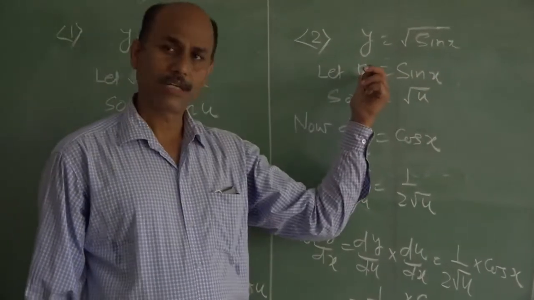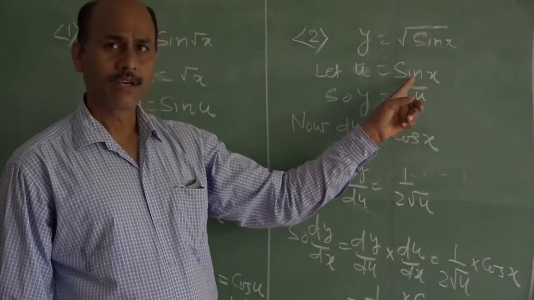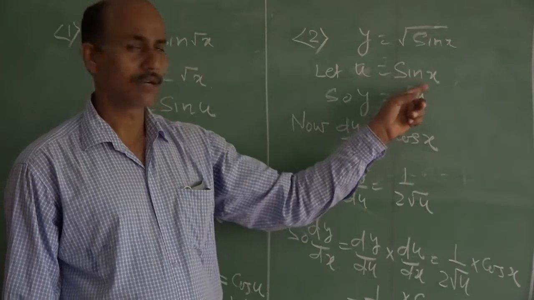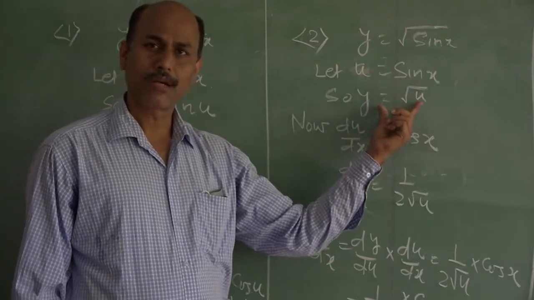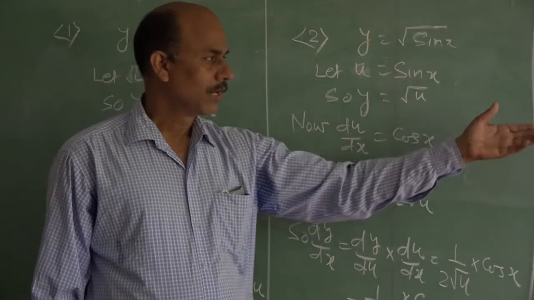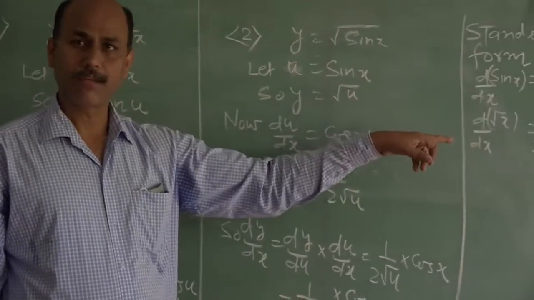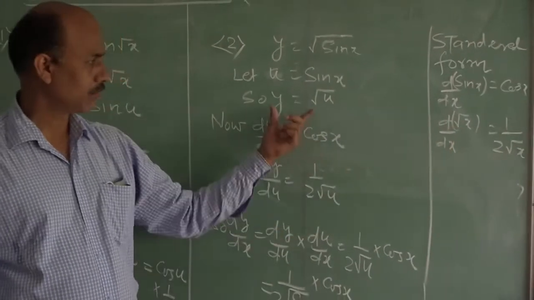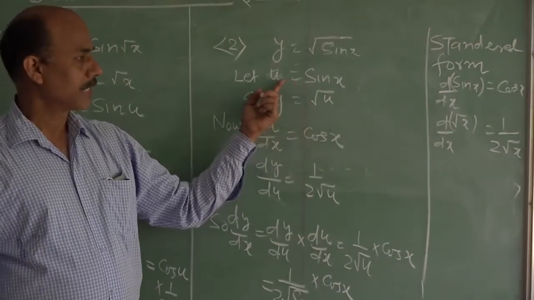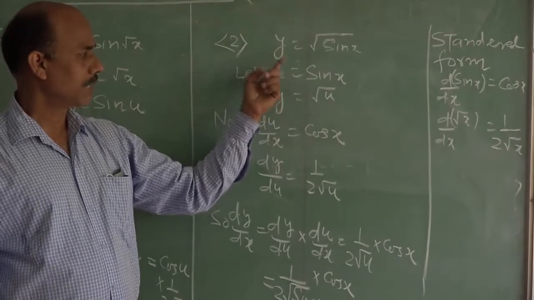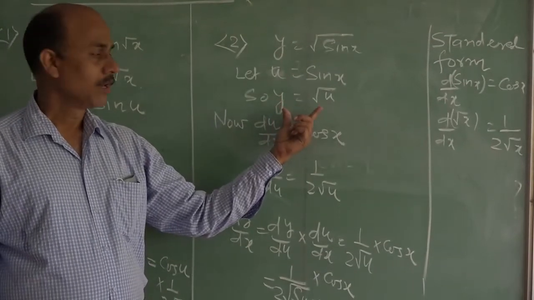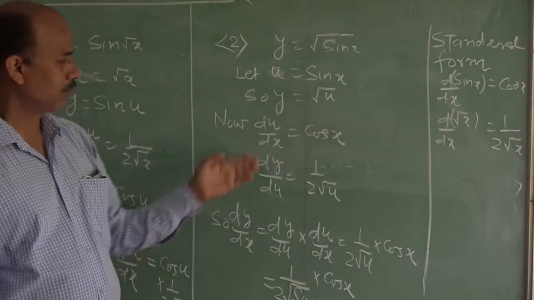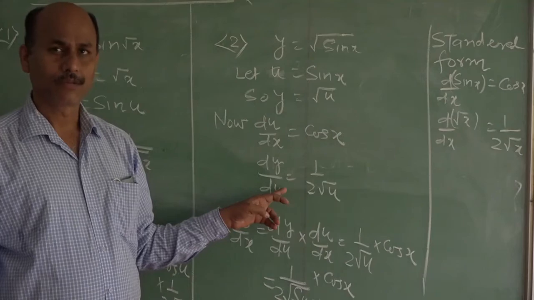So that's why I have imagined let u is equal to this sine x. So once that is converted to sine x, then it means your y is equal to root under u. So y is equal to root under u, it is just near to this standard form. This is not exactly the same, but it is near to that standard form, that is d by dx of root x. So after imagining only once, your y gets converted in the standard format. So once you think that y is converted in the standard form, as in the last question I told, now you should start your differentiation.